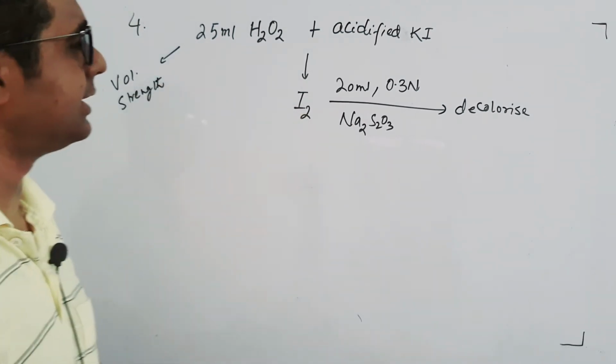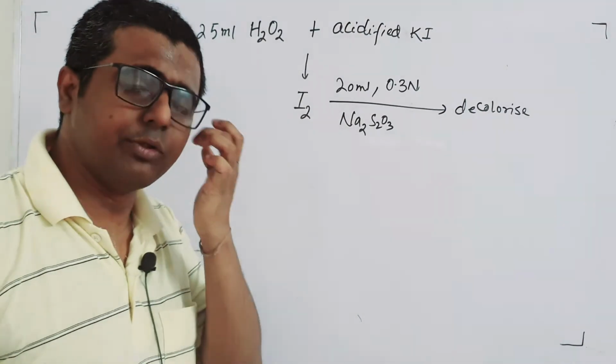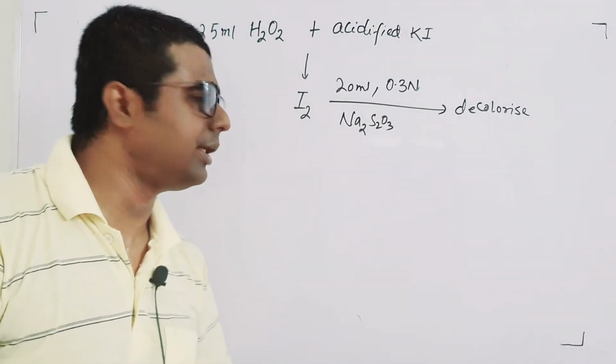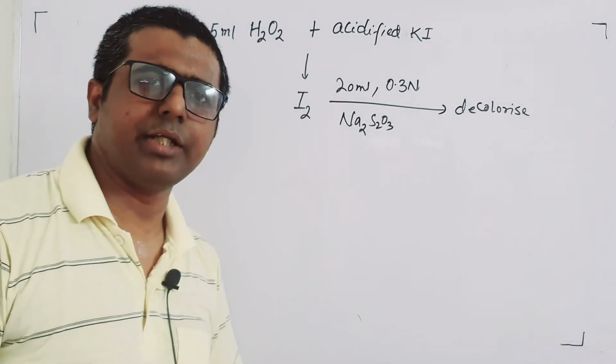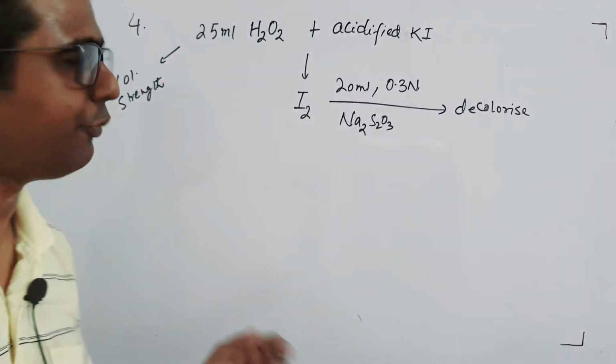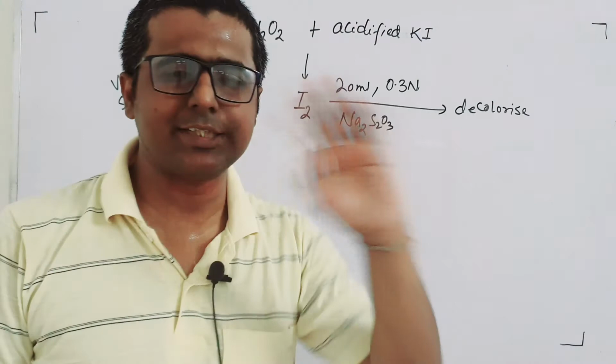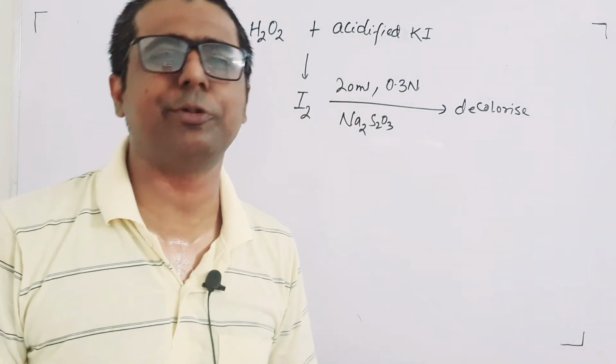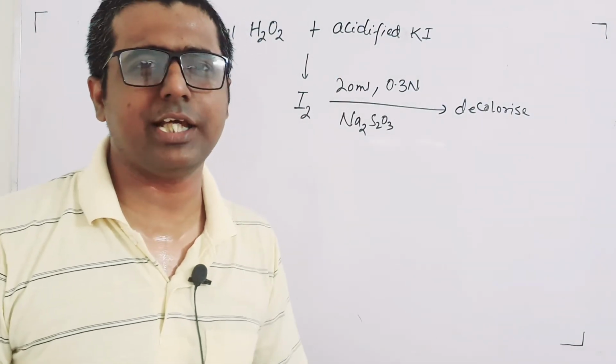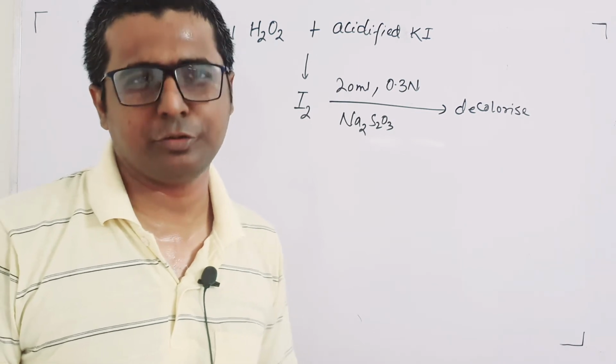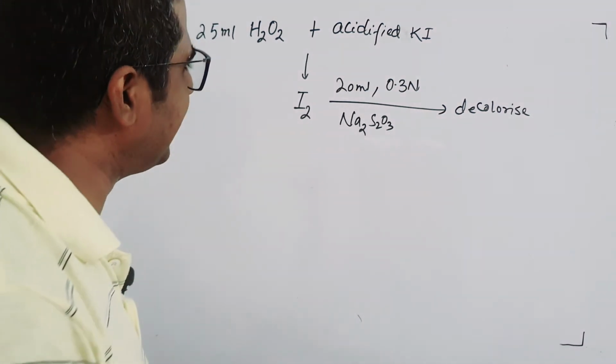Now in this kind of question we try to find out the equation. If you run behind the equation, you will be in problems. You don't need to run behind the equations because normality is given. Whenever we talk with normality, there is no need of equation, no need of balancing. Why do we write the equation? For balancing. But if there is no need of it at all, why write the equation?